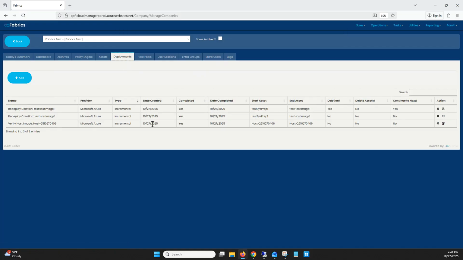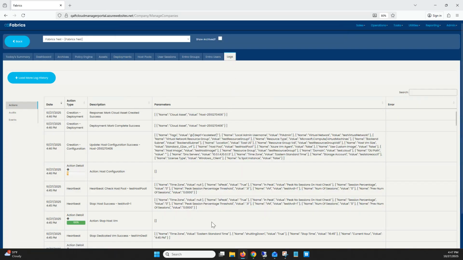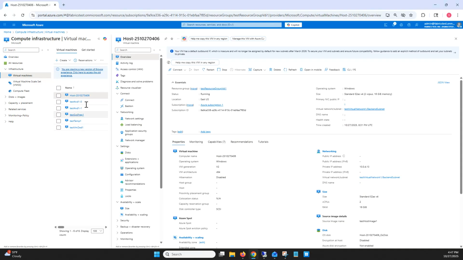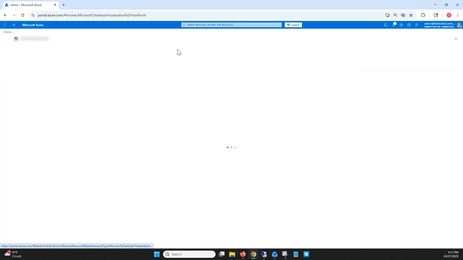Similarly with the deployments, the verification has been successful. The host is running in Azure, and if we go to the host pool again,